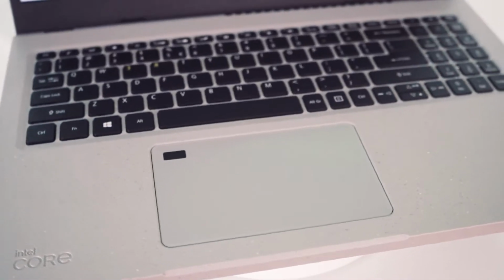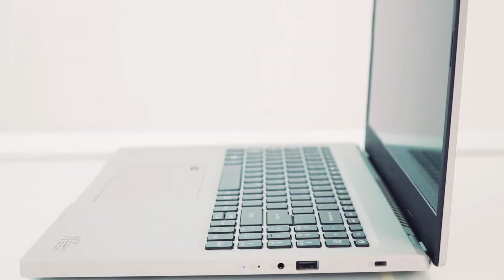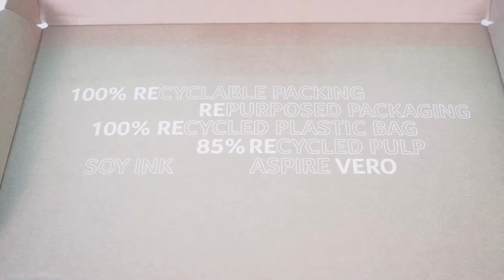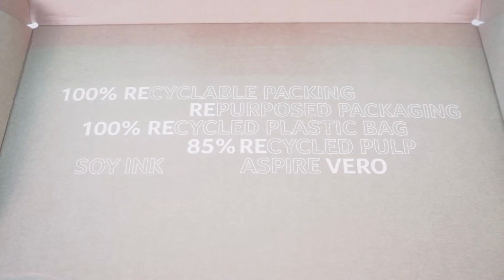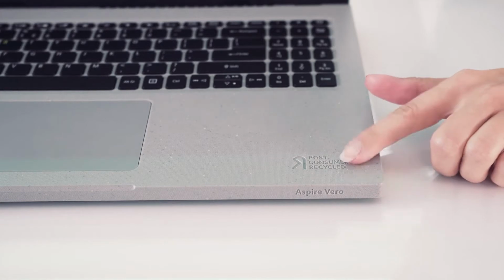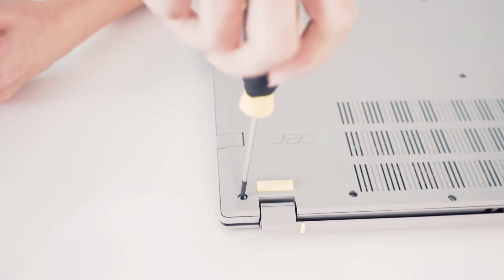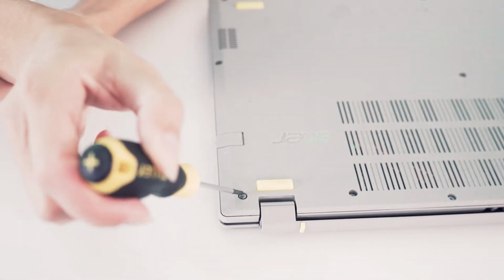Manufacturers love making exaggerated statements about the eco-friendliness of their products. Acer, however, seems to take things a bit further with the Aspire Vero. It's an entire laptop aimed at eco-conscious people, as Acer puts it. It's marketed largely as an environmentally friendly laptop manufactured from recycled components. Not enough for you? Well, how about the fact that Acer will plant 100 trees for every Vero laptop